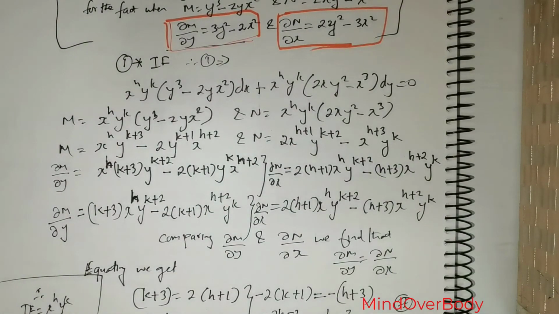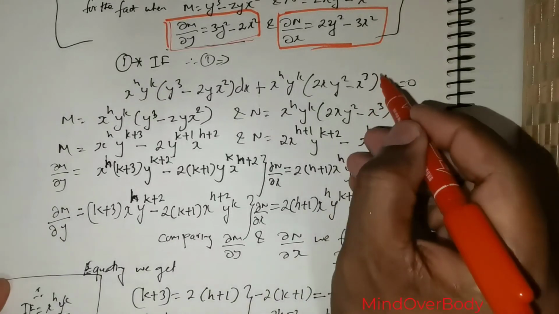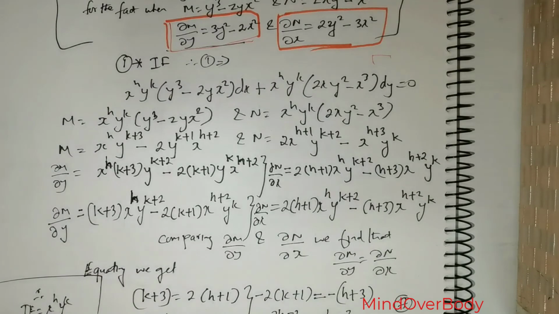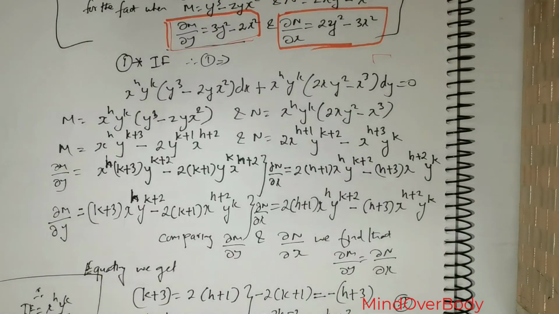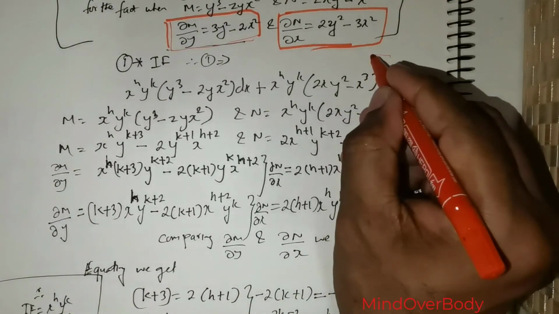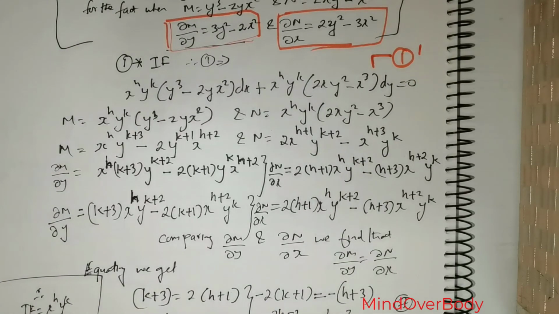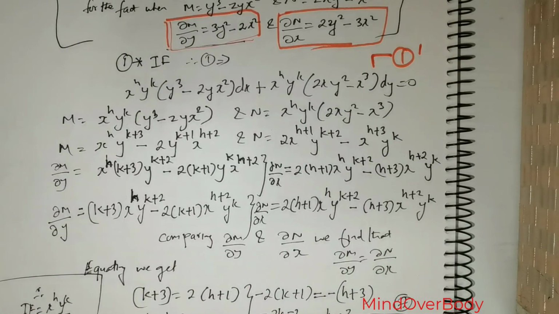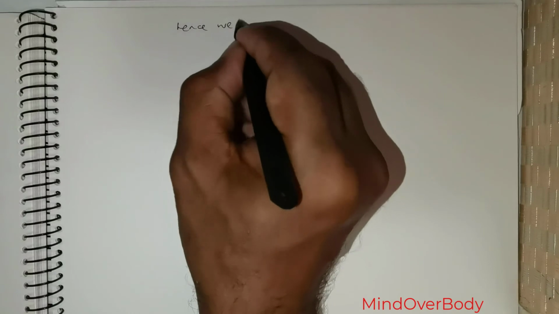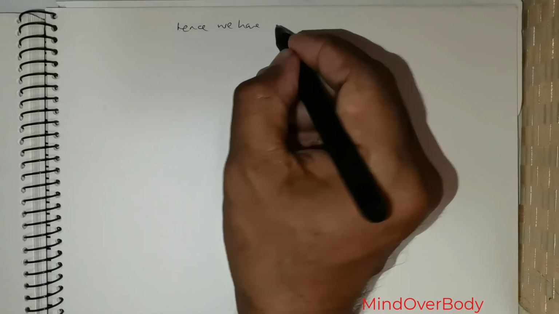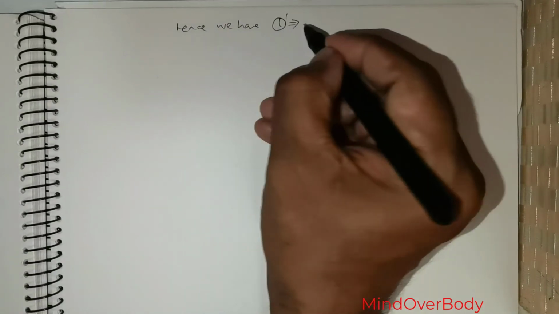So if I were to take this as 1 prime, so let me just place start. If I were to take this as 1 prime, so we can now have a new equation. So let's do that. So hence we have 1 prime is now rewritten as